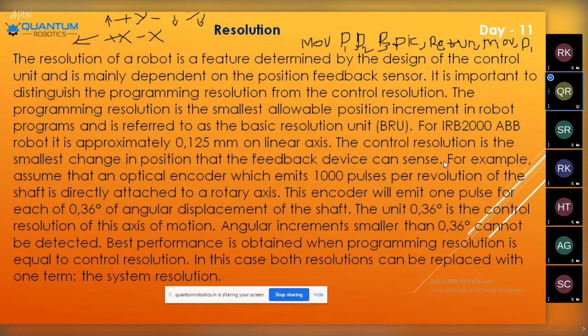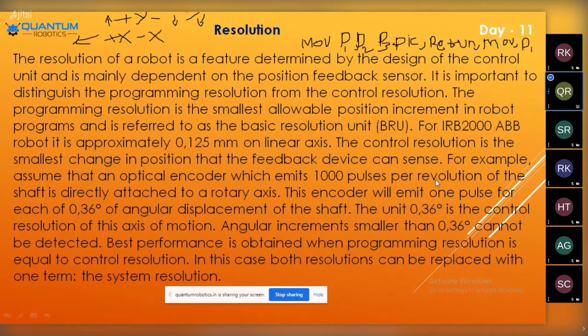And this was the position. It is not useful for you to do the particular task. It is going to make us perfect in doing the particular task. For example, you can see that, assume the optical encoder which emits the 1000 pulse rate resolution of the